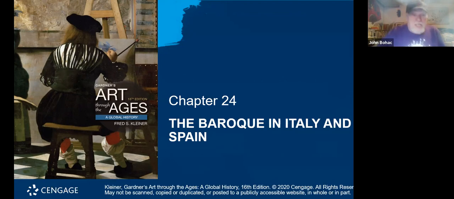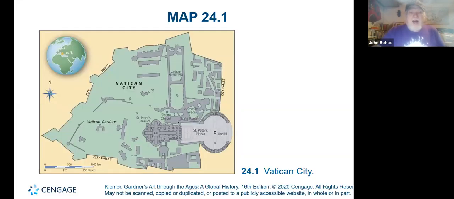But as I was saying, there's not a big change that comes with the change of a century. Well, 1600 kind of does that, and we say Baroque started in the year 1600, and I'll show you why historians basically agree on that time. Vatican City, first illustration, chapter 24. And what is happening religiously,